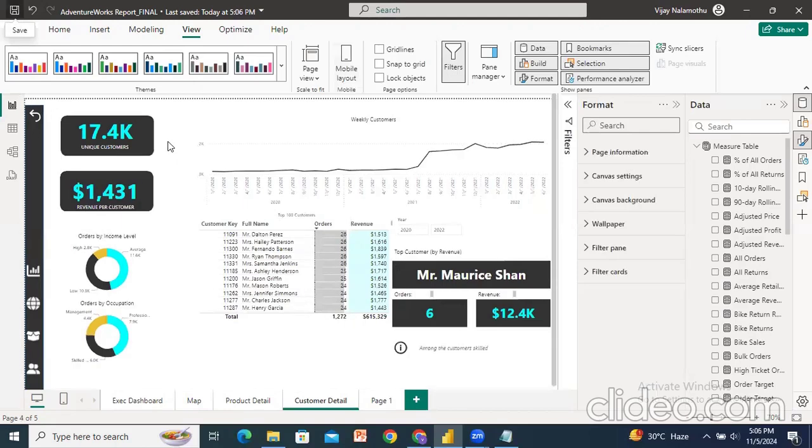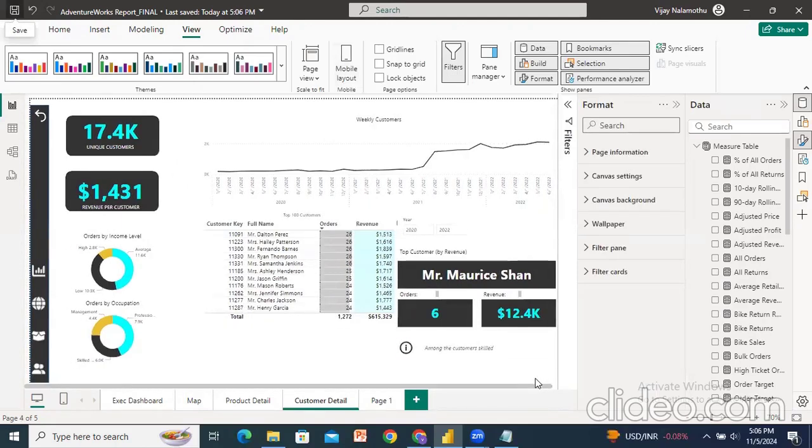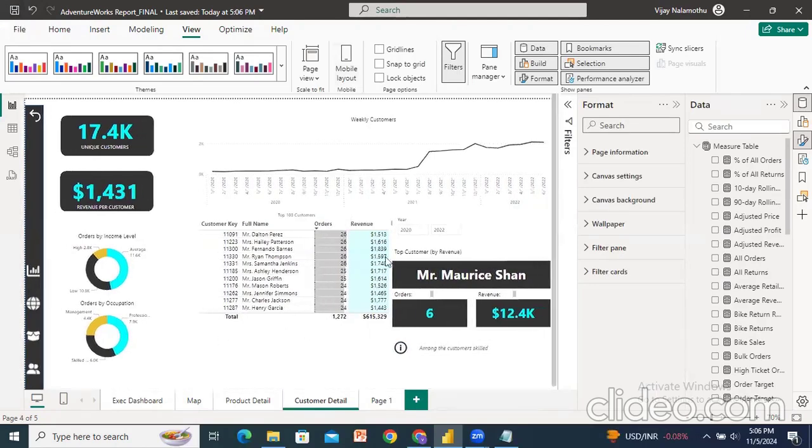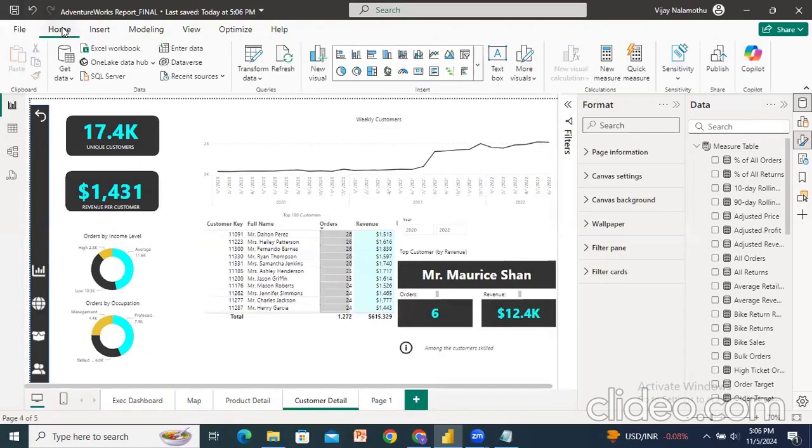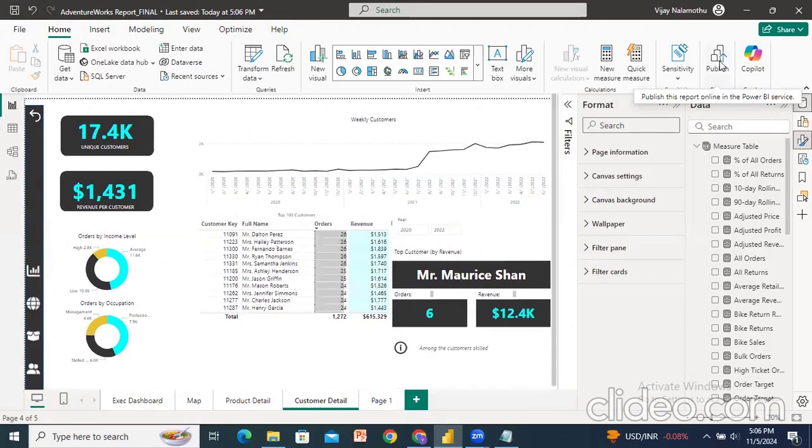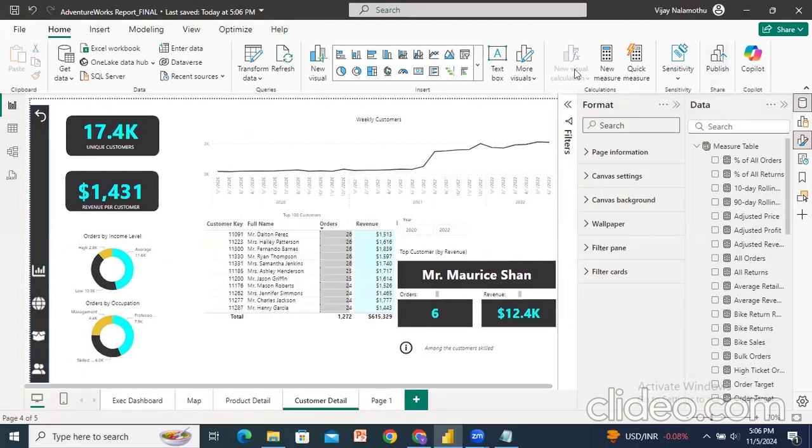And finally, we have to publish to the Power BI service. How to publish to the Power BI service? For publishing, if you go to Home, here I have the option called Publish. See this publish option: publish this report online in the Power BI service. So this one we have to publish. Okay, so if I click on publish,